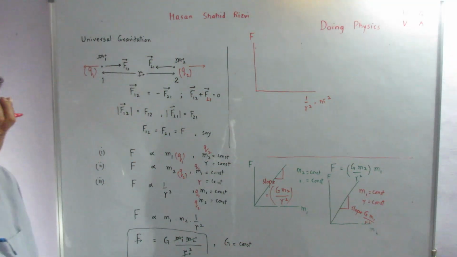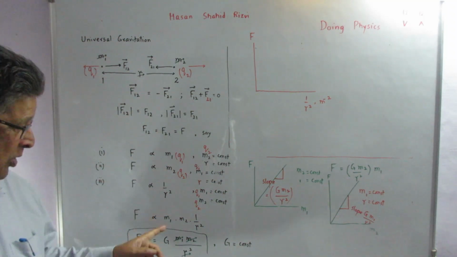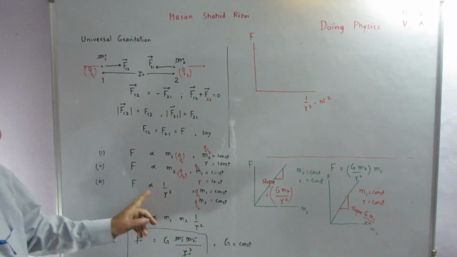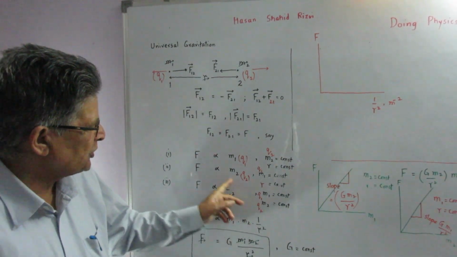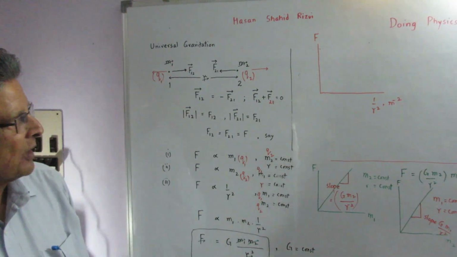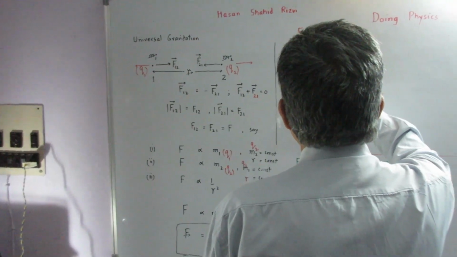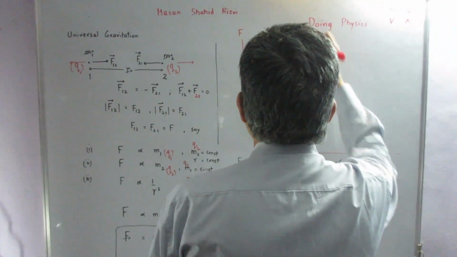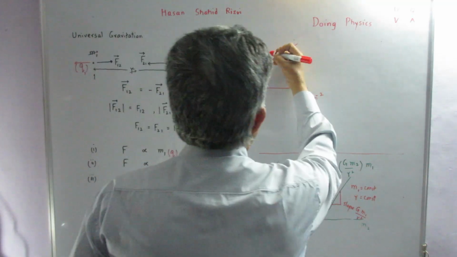Often my students say that this is inverse proportionality, but no, here I have taken a direct proportionality. So F is proportional to 1 upon R square under the condition that M1 and M2 are constant. So what I will obtain is a graph again like this,